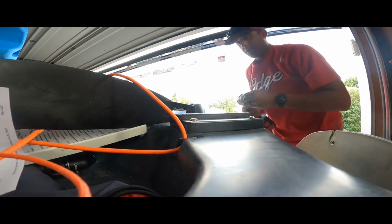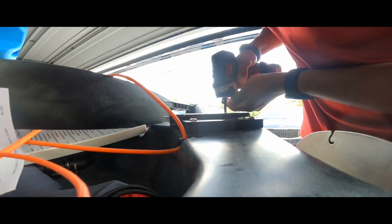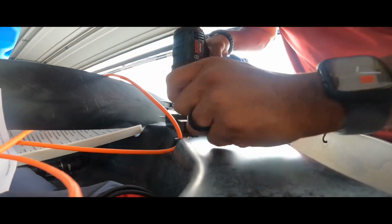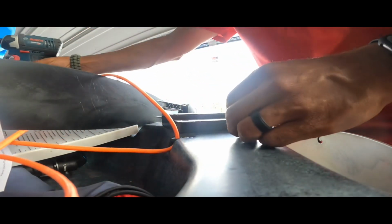So for now, I'm just going to get the impact drill out here. All right. I'm just going to take the Navarre plate off. And I know the Navarre plate will be useful for other things that I've got planned, so